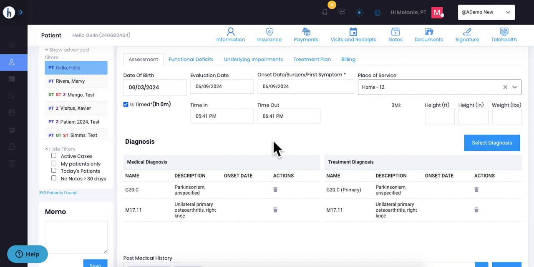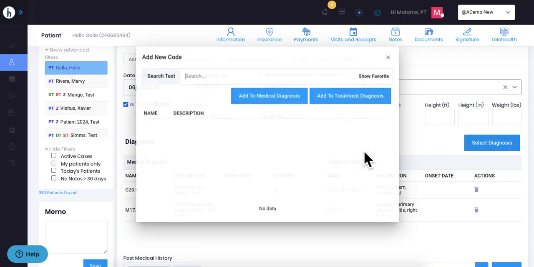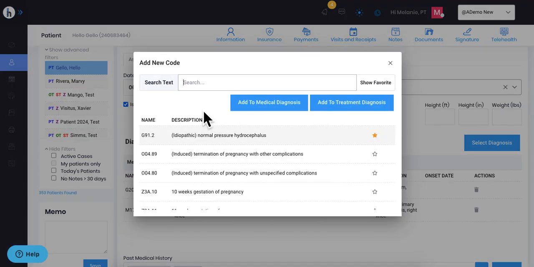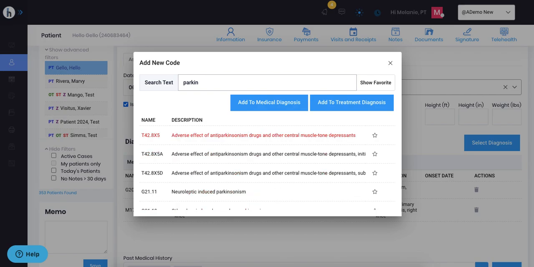In order to add the diagnosis to the patient's chart, on the first page of the evaluation, it says Select Diagnosis. Click that on the right-hand side. It now opens up where you can search by either the name or the number. So, for example, if I start typing Parkinson's, it will find any ones that have that word